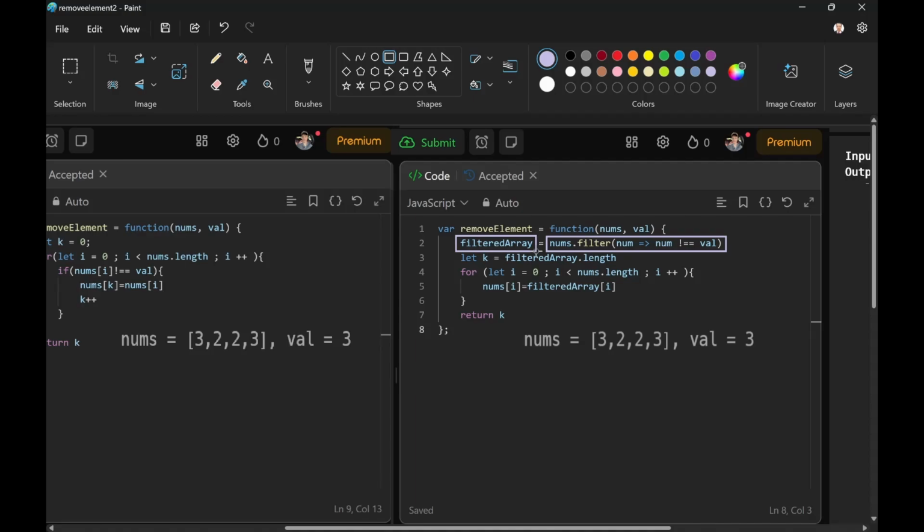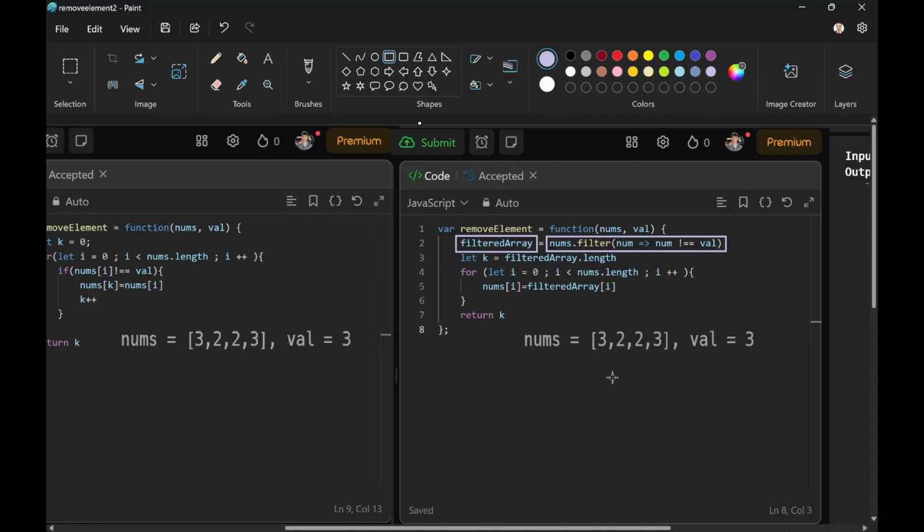And so we're asked to return k, the number of elements that are not equal to val. And so those will be equal to the length of the filtered array, because if we filter out the numbers we don't want, we'll be left with the numbers we do want, and then we can count them or measure the length using the dot length property,